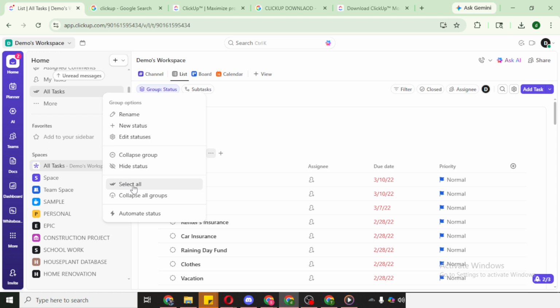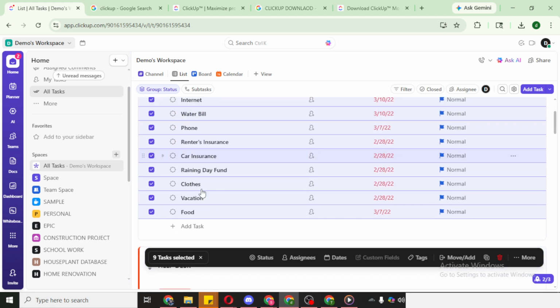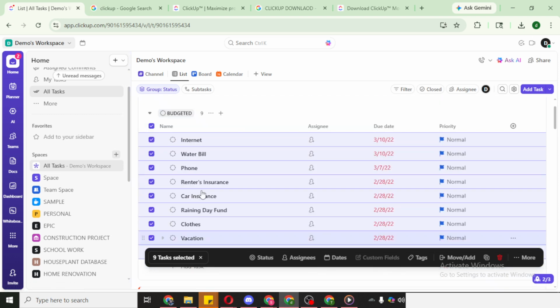When you do this, ClickUp will highlight all the tasks in the current view so they're ready for bulk actions. You'll notice check marks or visual highlights indicating that everything in sight has been selected. This lets you confidently proceed with whatever you need next, such as organizing, assigning, or updating details without clicking each